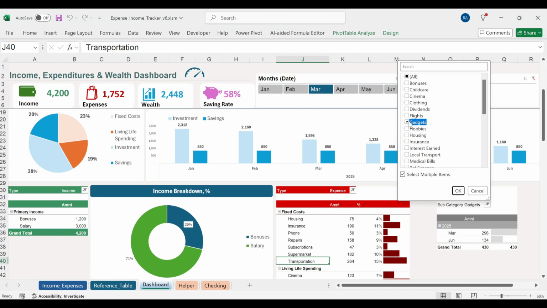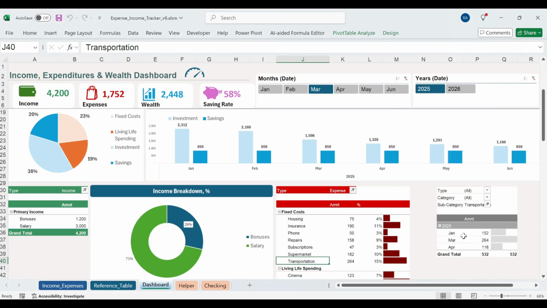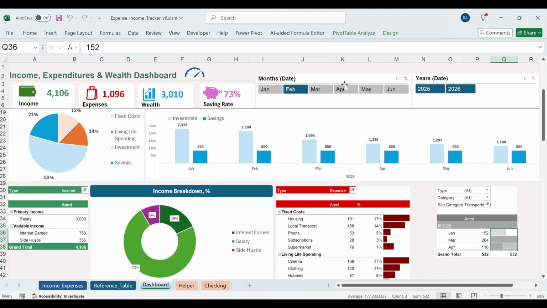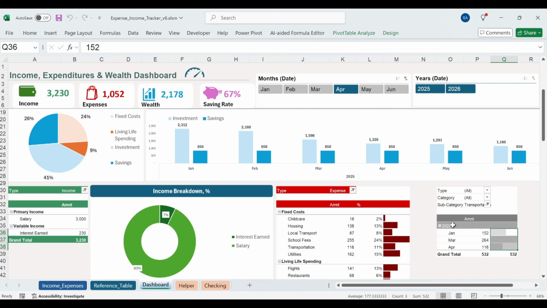So for example, if I come here, I want to check my transportation. So I have my transportation. I press OK, and I get the amounts for January, March, and April. So you can see this in a small chart also. This will depend on the year that you select, or all the years, for example, if you have. The months have no effect, because again, this is something that you want to see as a trend,